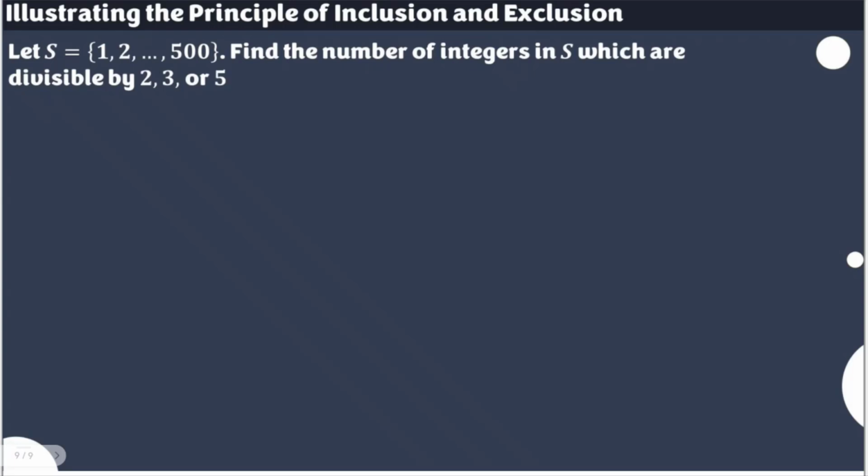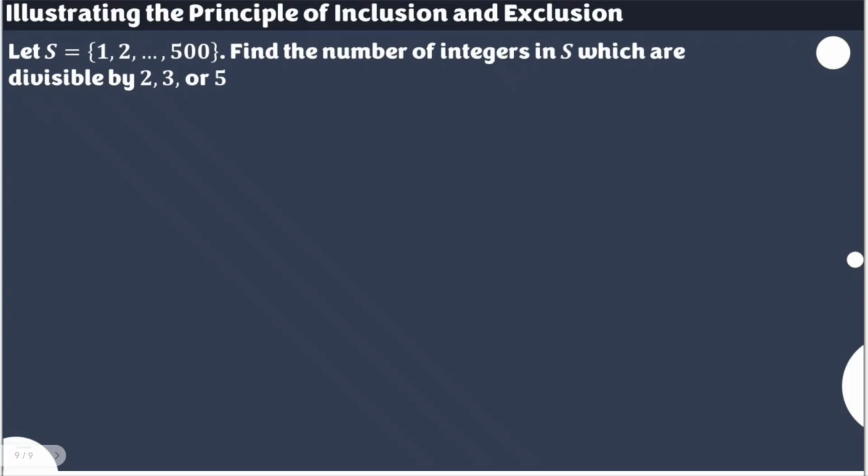Now let's move to some examples illustrating the principle of inclusion and exclusion. But this time, the elements or even the sets are not yet detailed. Unlike the previous examples where we were given the actual number of students taking French, German, and Russian classes, this time we are to identify it first.